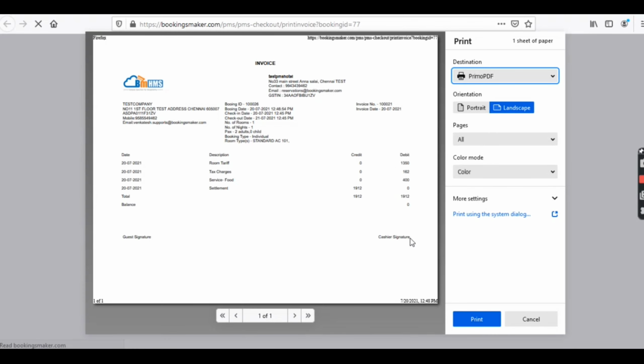The invoice will be like this. You can use any laser printer, and you can see the breakup, and the GST number will be printed here. This is the company's GST number, and the customer's GST number will be printed over here. Then the signature, and you can keep a letterhead, or a letterhead is also not necessary because of the logo here.